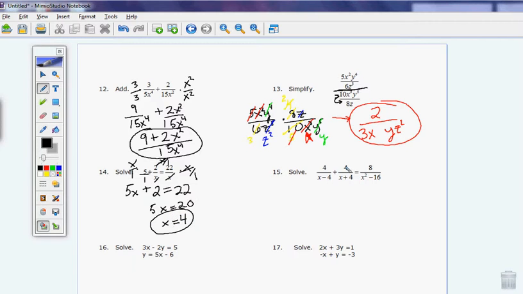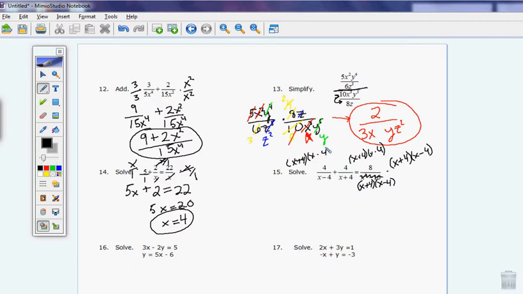Final answer. Now over here, you got to notice that this is a difference of squares, so we don't even want to look at that. We want to look at it as x plus 4, x minus 4. So I'm going to look at it as that. I'm not even going to look at this. Well, that means I'm going to have to multiply by x plus 4, x minus 4, to all 3 parts. X plus 4, x minus 4, and then here x plus 4,